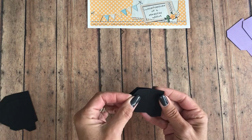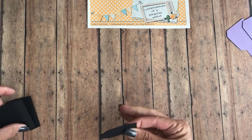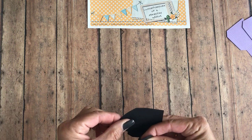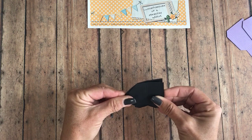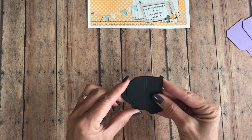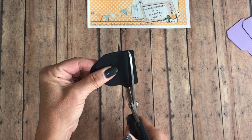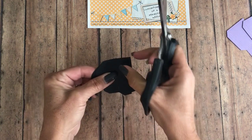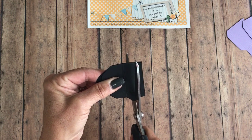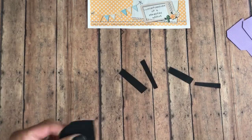I set these 2 together, and all you have to do is match up the score lines, and then these 2, I'm actually going to cut out all 4 at the same time. So like I said, just match up the score lines like this. Okay, and then where I trimmed was probably maybe like a 1/2 inch from this score line. So I'm just going to trim, and the reason I'm putting them all together is I want them all to be the same length, like that. Okay,